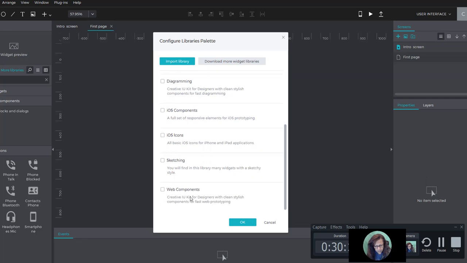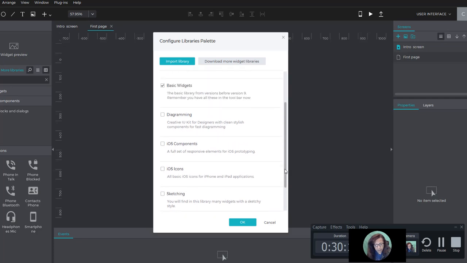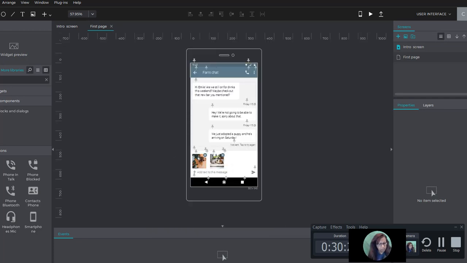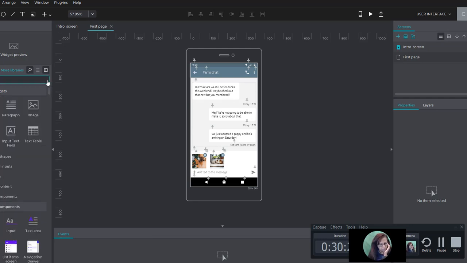Sketching some clean, stylish web components, but we're not building a web app. We're building a phone app. But it looks like there's an option to download even more widget libraries that I haven't even looked at. So lots of options there. Okay, so let's get out of the phone. I just clicked X, took us back to all of our basic library with all our other widgets, which is really cool. Okay, so now let's just say you have finished creating your app, whatever it is you want it to create, and